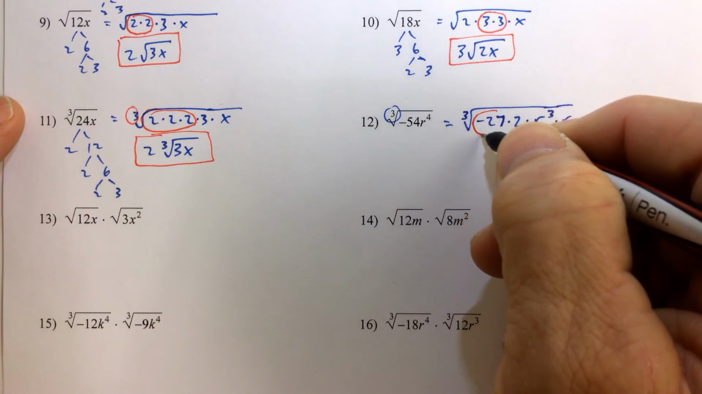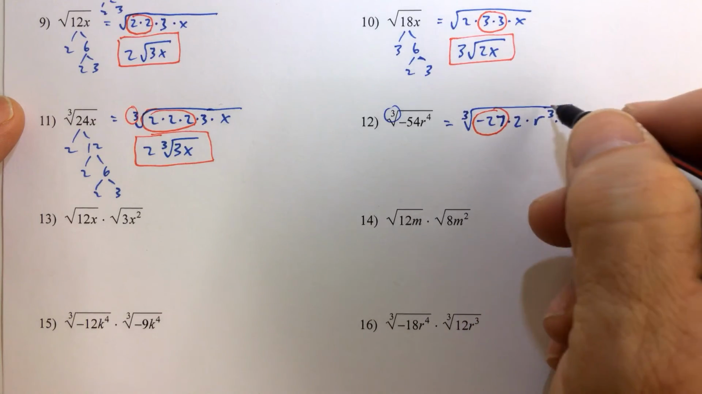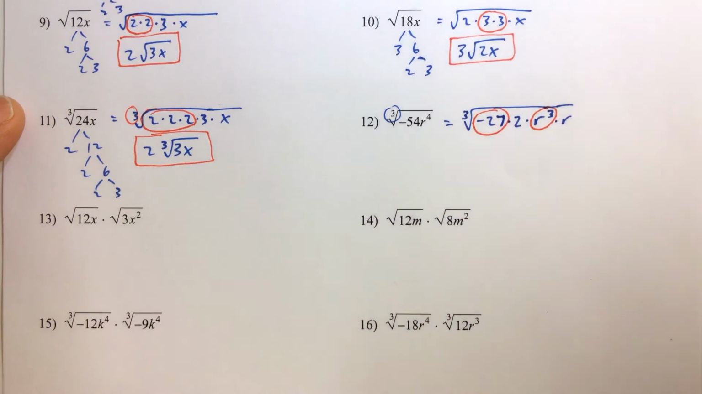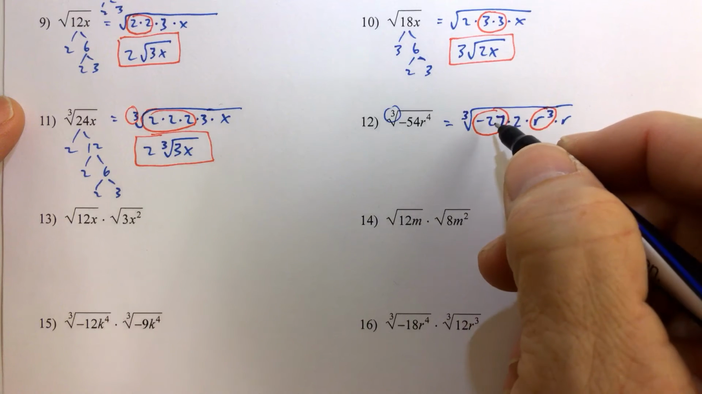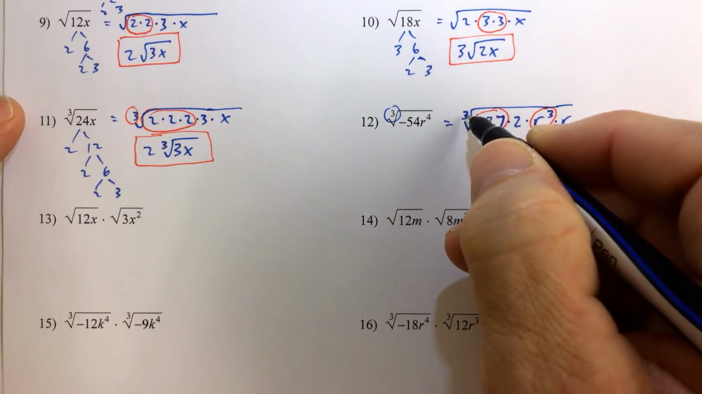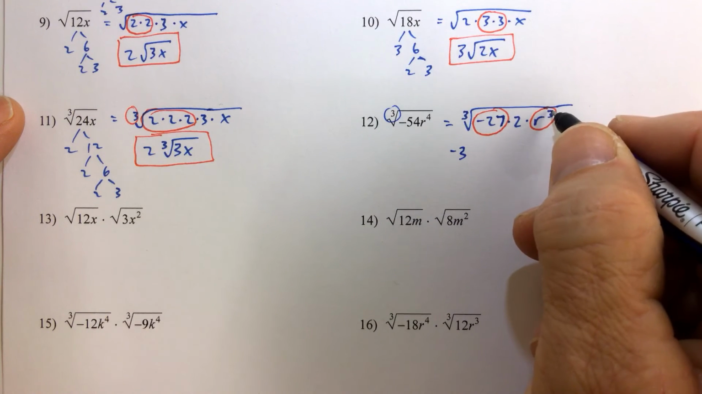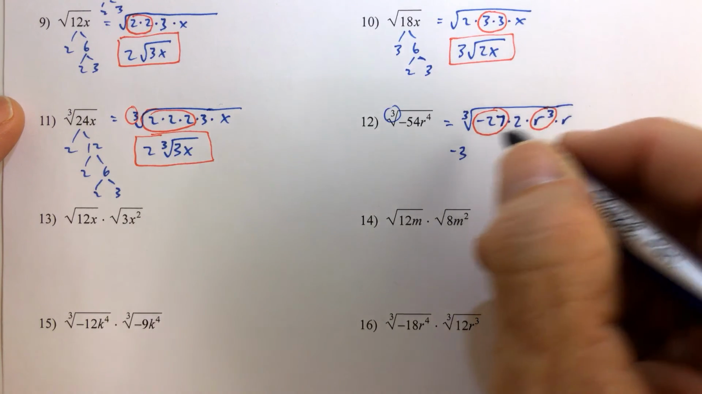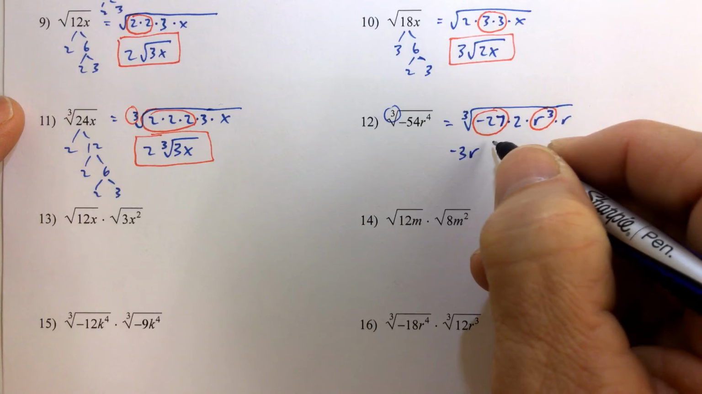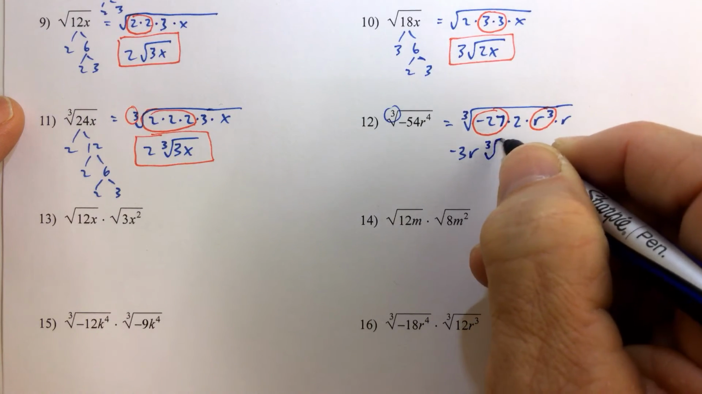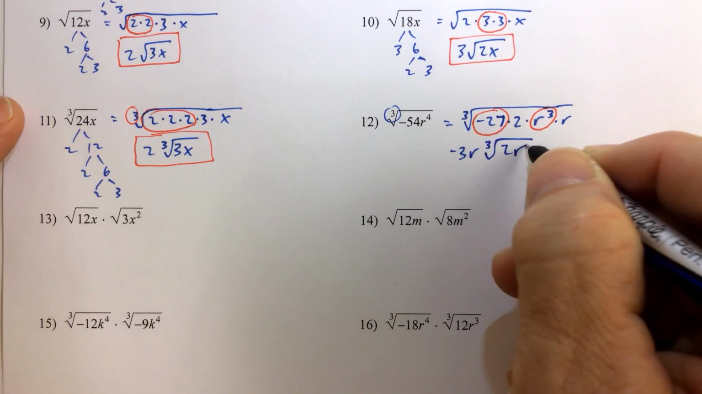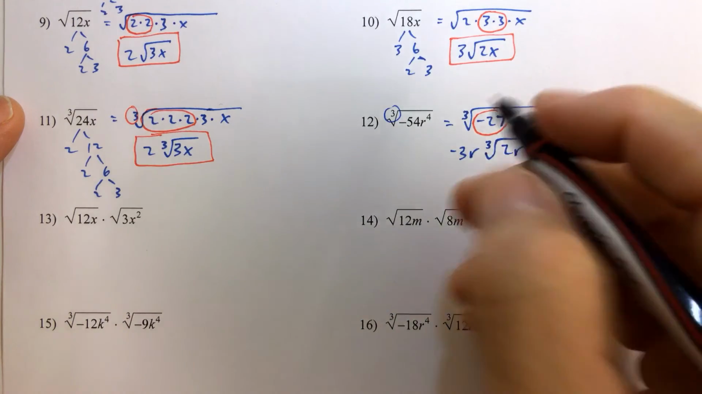But negative 27 is a perfect cube. R cubed is a perfect cube. So if we have a negative 27 under the cube root symbol, we get to pull a negative 3 out. R cubed, since it's a perfect cube, we get to pull an r out. Now, if that was a little bit much for you, I understand. So just go back to the old way